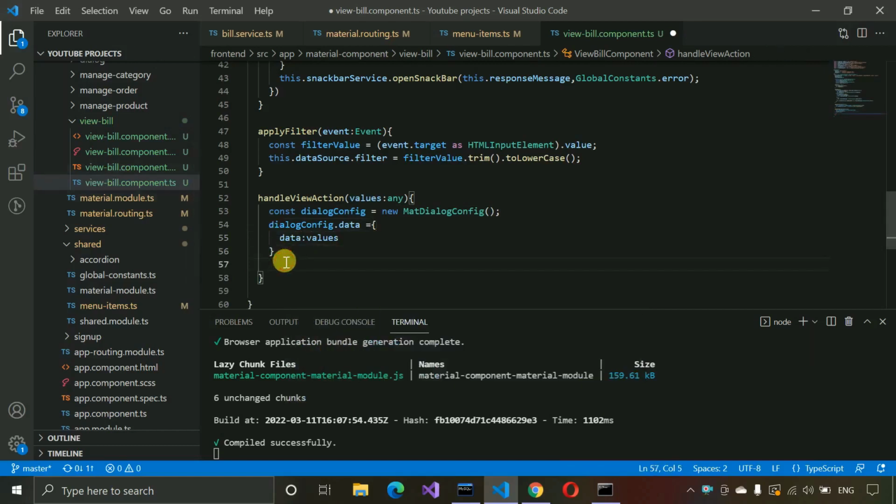And after that we need to write dialogConfig.width, and here we need to pass 100%,